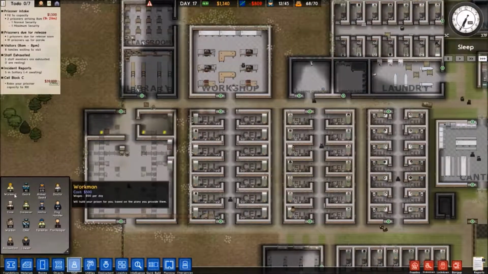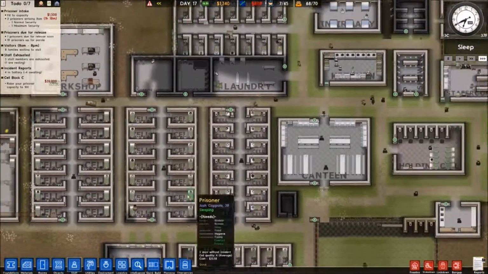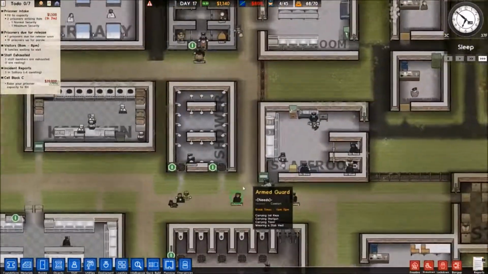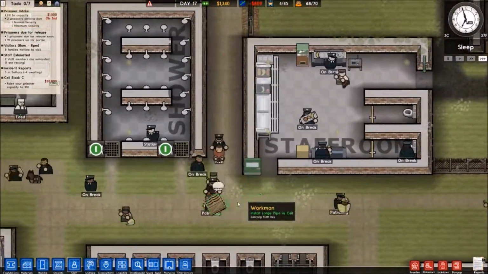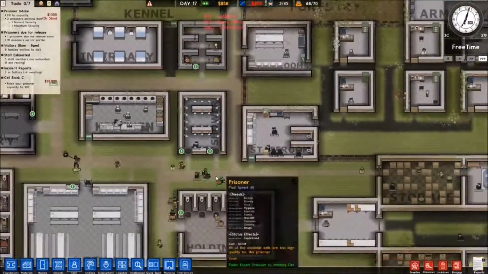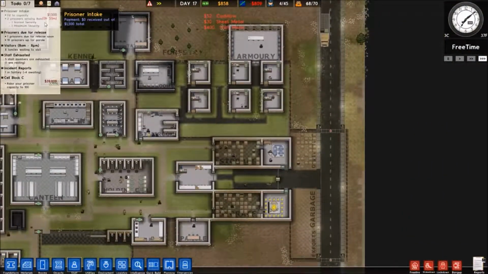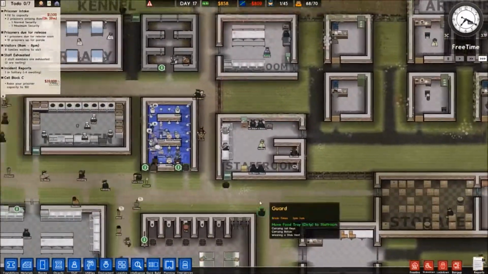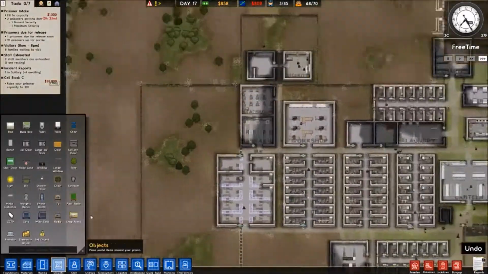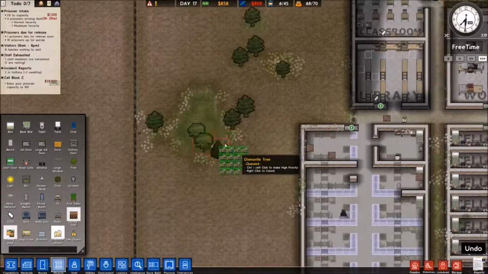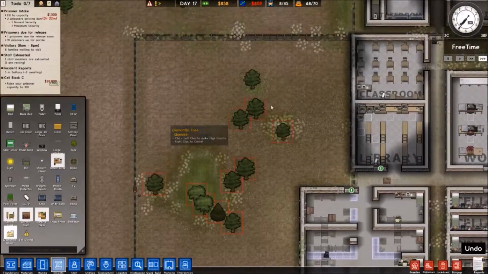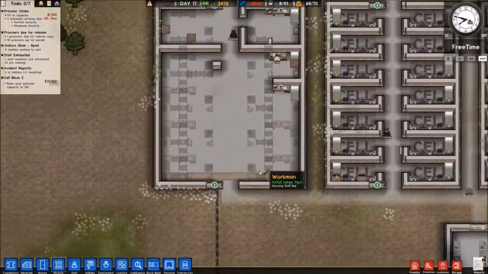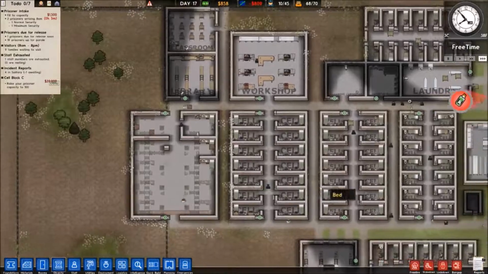Maybe I should get more workers. I think we'll do that once I have some more money, because boy, we're a little strapped when it comes to cash. I think I hired too many spare guards. And hey, here come more prisoners. More prisoners will come soon and give us a little extra money. You know what? I think it's about that time we have the workmen dismantle some more trees. Make me some money, because we're a little hard up at the second. The workmen will get onto that eventually. I trust them.